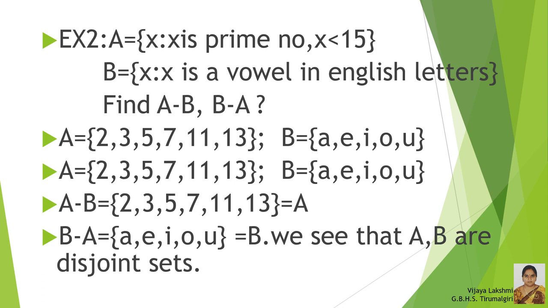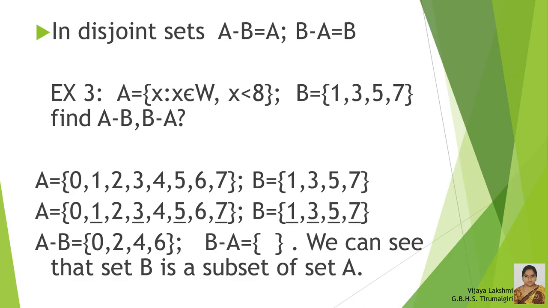So we see that A and B are disjoint sets. They are not having any common elements. So in disjoint sets, A minus B is equal to A and B minus A is equal to B. Now coming to the third